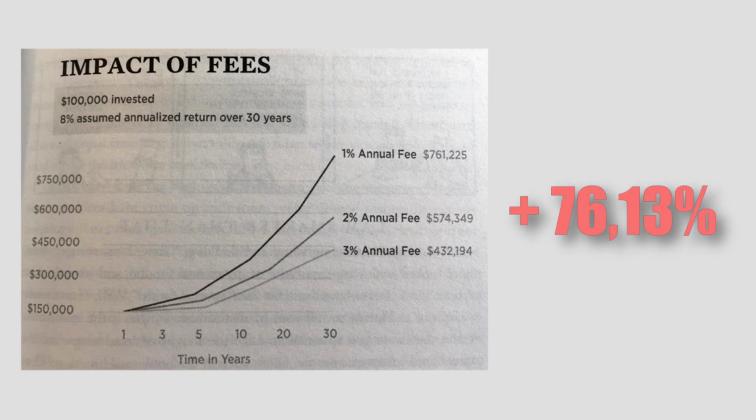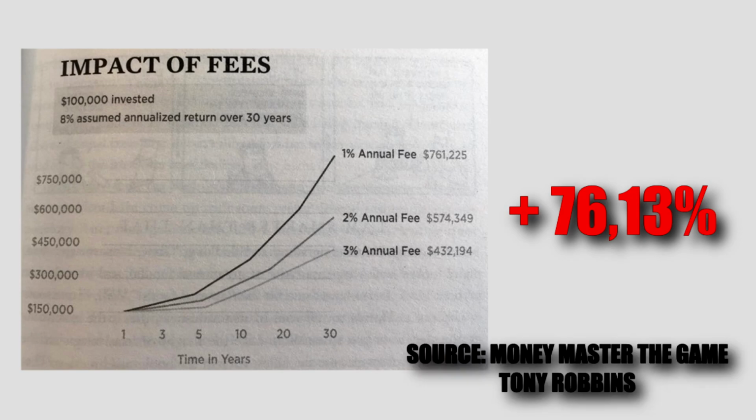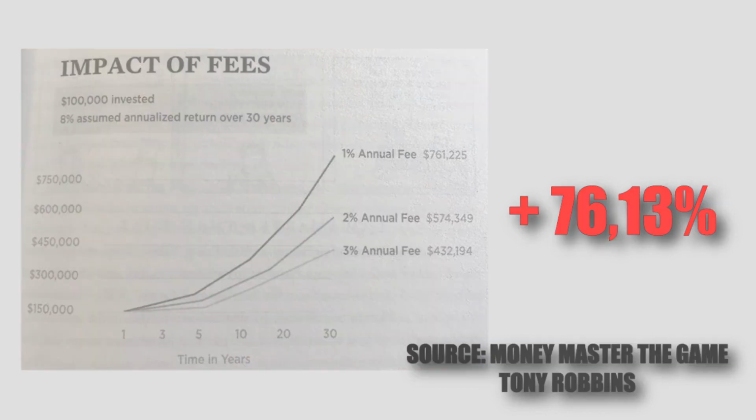The brother with the lowest running costs in his fund ends up with 329,032 euros more than the brother with the 3% running costs. Brother number 3 profited 76.13% more than brother number 1. What a difference a few percent can make. All is fair. An entrance fee of 3% is rather high and pretty uncommon. But the point here is how much difference 1% in running fees can make.